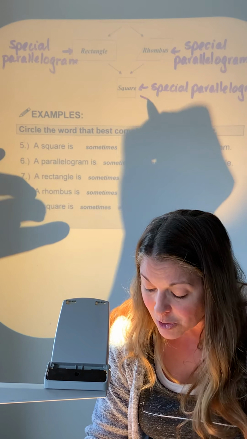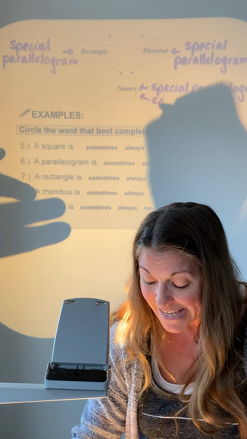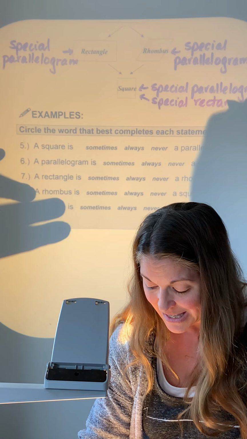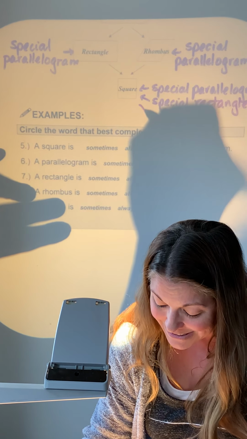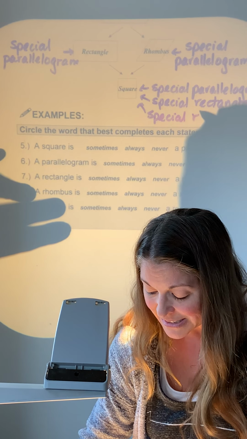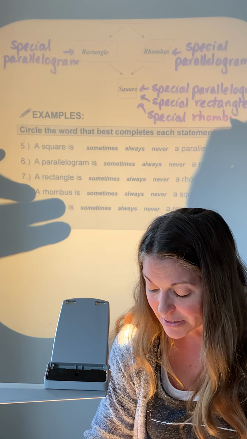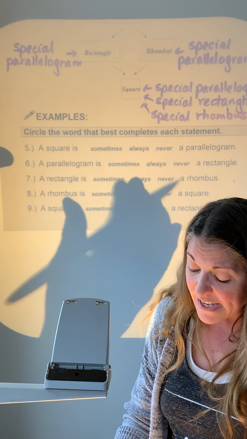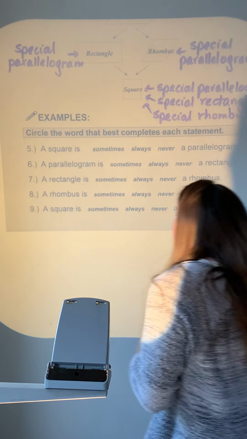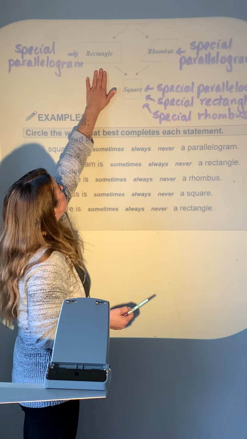So we also would call the square a special rectangle. And then we would also call it a special rhombus. So this is where sometimes people get confused, because if I just say, hey, draw me a square, technically, guys, if you drew